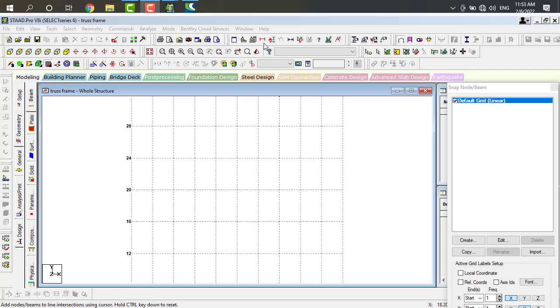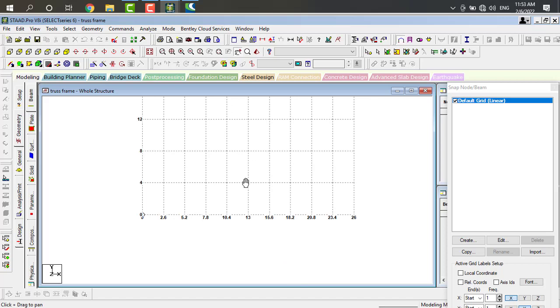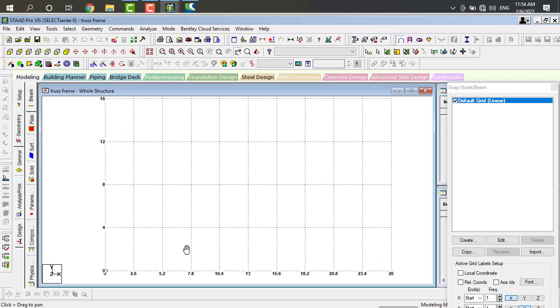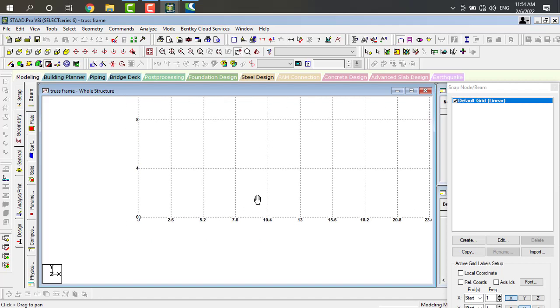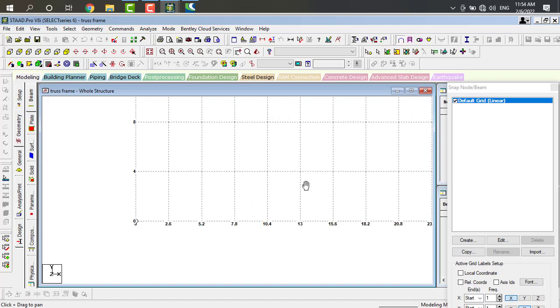Okay, just take the snap here. Initially, I want to draw the truss here. Just select the points: from here the first point, second point, third point, and fourth point.